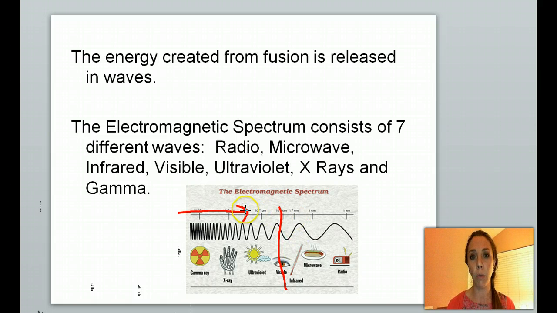So as I move down here with lower energy, right before it I get infrared, right? And infrared is going to be like my heat source. And then I have microwaves and radio. But what you're going to see is as you move down this way, going from gamma to radio, I get a decrease in energy. So those waves, even though they're all considered electromagnetic waves, are decreasing in energy as they change from one to the other, okay? If I go the opposite way, from radio to gamma, they actually increase in energy.